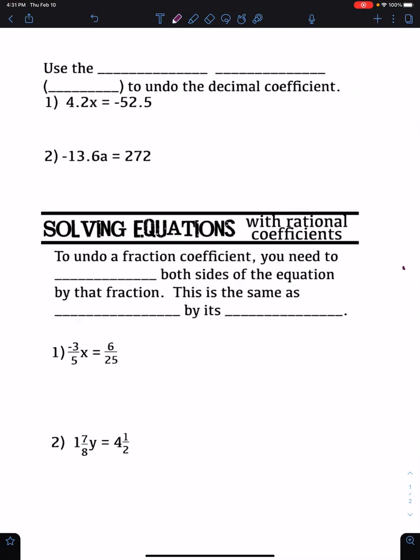Okay, today we're going to be talking more about one-step equations. This time we're going to be talking about what happens when our coefficient is a rational number. Remember, rational numbers include positive and negative decimals and fractions. So just like we learned last time, we're going to use the opposite operation